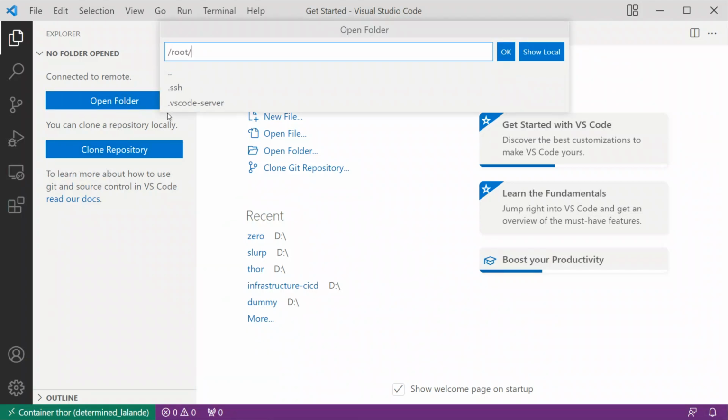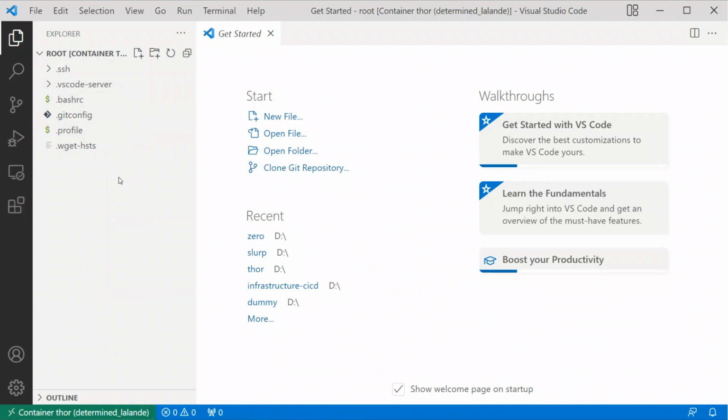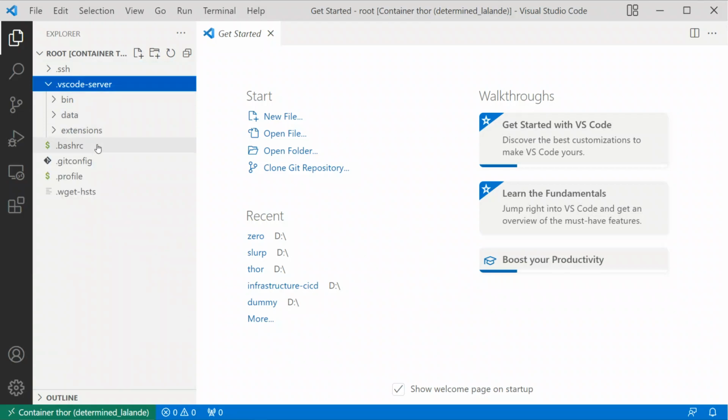Connected to remote, open folder, root, user, thor. Okay, let's connect to root. Show me something. Root container. This does not look like the same container as ours. So I'm wondering,